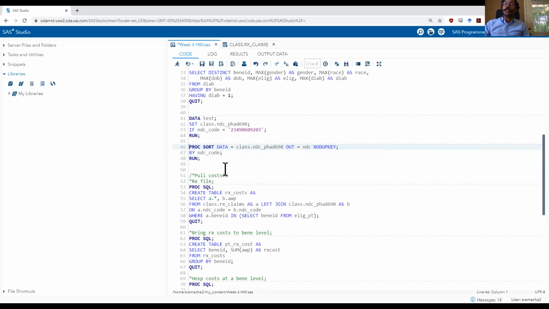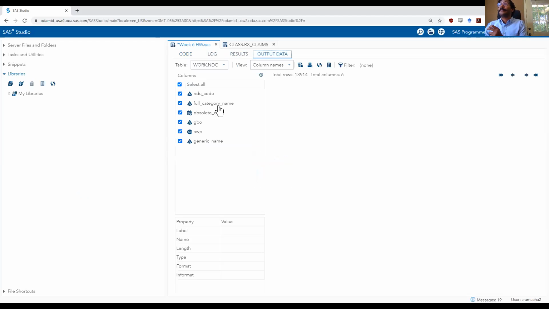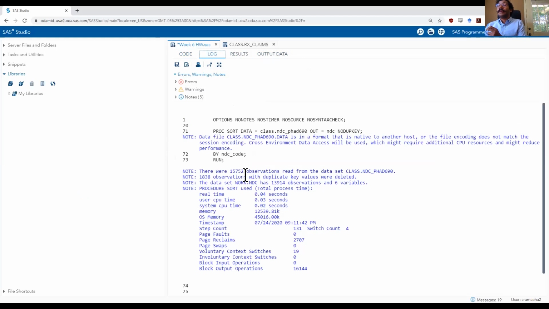The no dupe key function in proc sort basically removes duplicates for the key variable, which is NDC code. So if you run this, you will see that the log says that 1838 observations with duplicate key values were deleted.